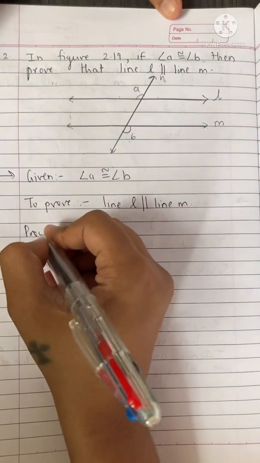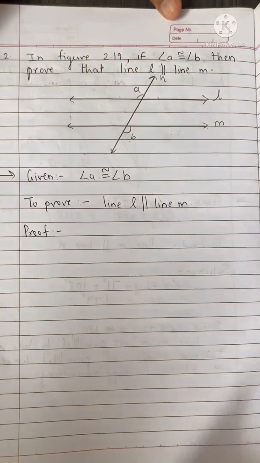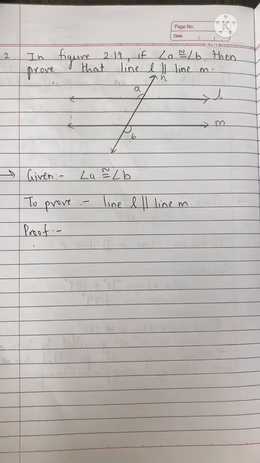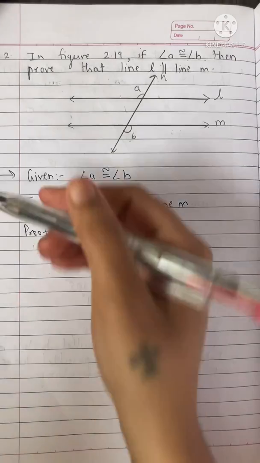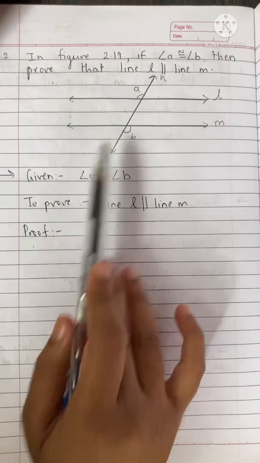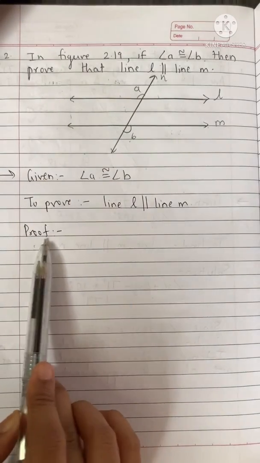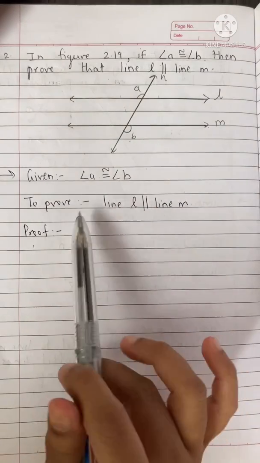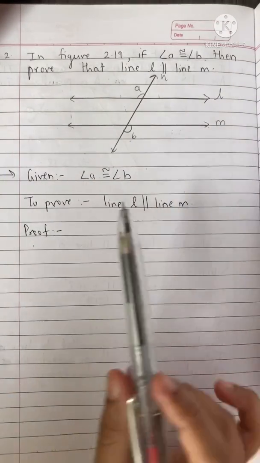Now to write down the solution, you have to write down proof. Okay, so if you write down all these 3 statements, you are going to get full marks and nobody is going to cut your marks. It should be systematic. Even if you don't know how to write down the proof, even if you write down these 2 points and proof, then also you will get half marks or 1 mark, whatever marks have been allotted. So don't forget to write down this.